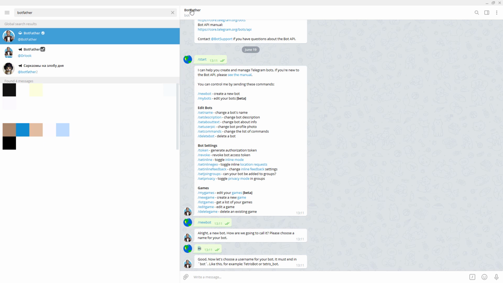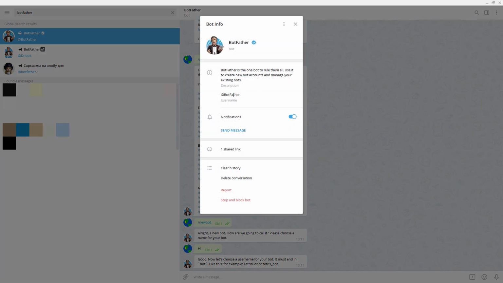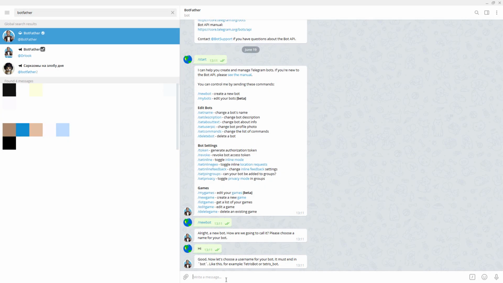You can name it whatever you want, and then the name that we're gonna give it now is the name that's gonna appear down here. This is the name that people are gonna look for your bot later, so it cannot be the same as any other bot that already exists in Telegram, and it has to end with bot. It's just two rules. So we can name it this and then bot,